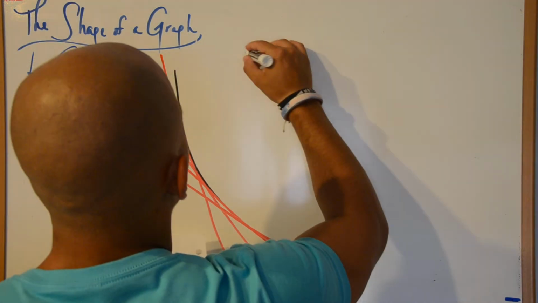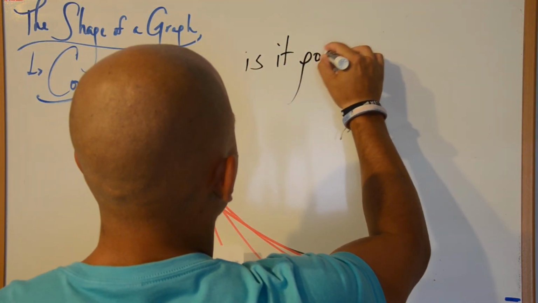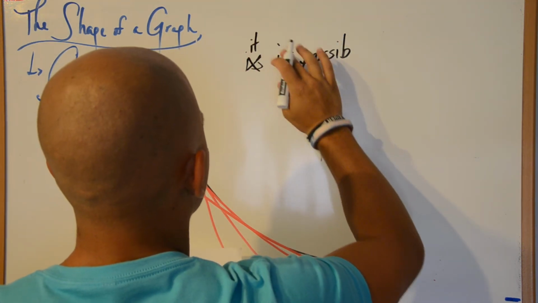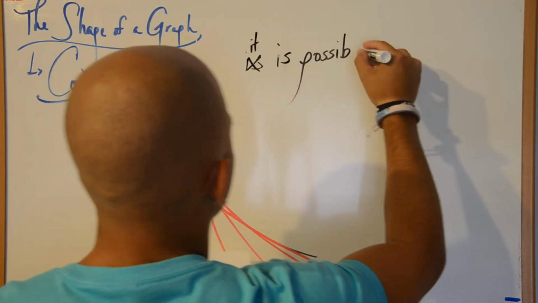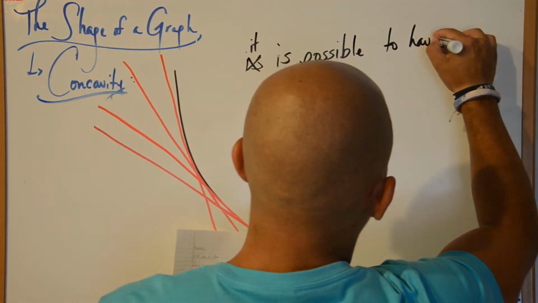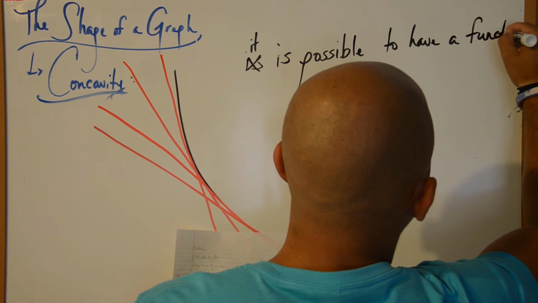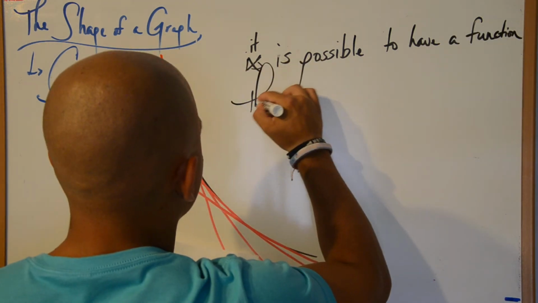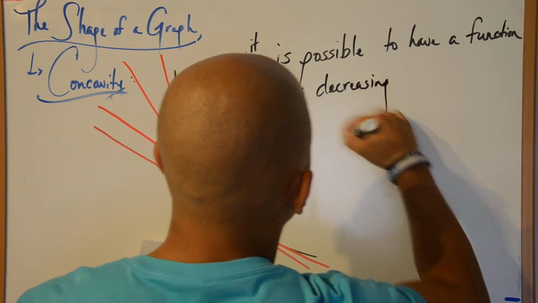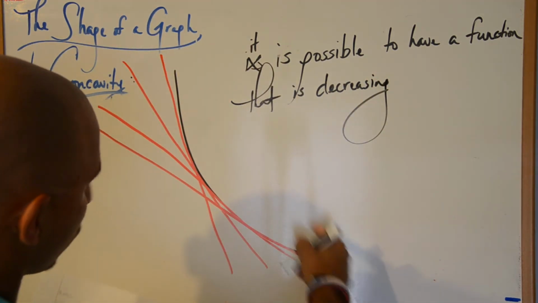So, just to reiterate, it is possible to have a function that is decreasing, right? Because this function, like a roller coaster, is going downwards,